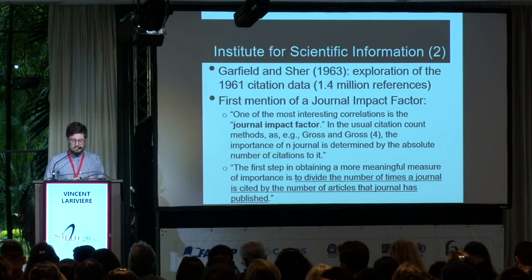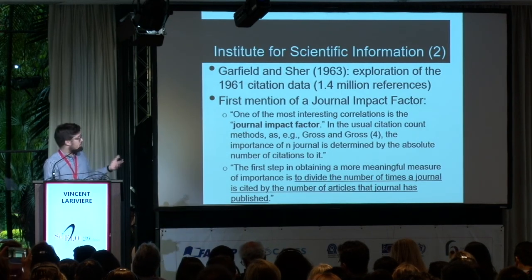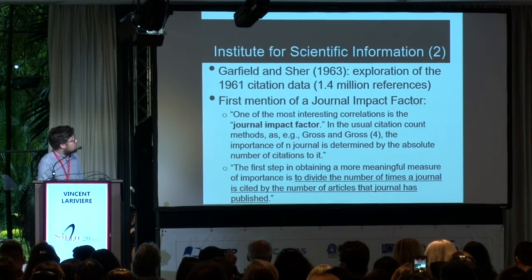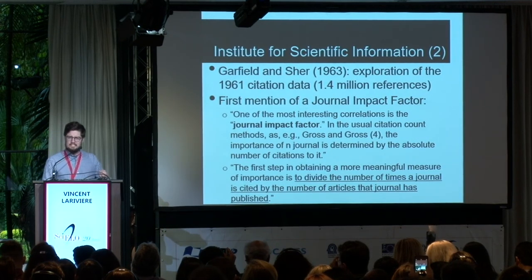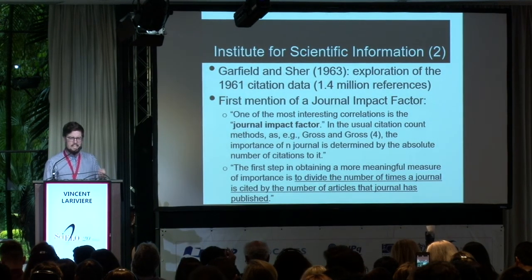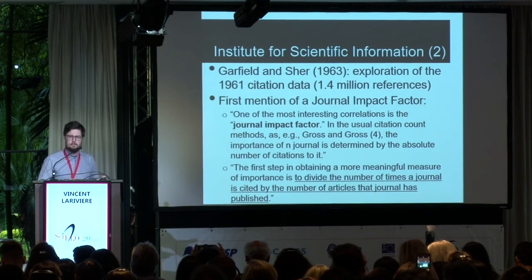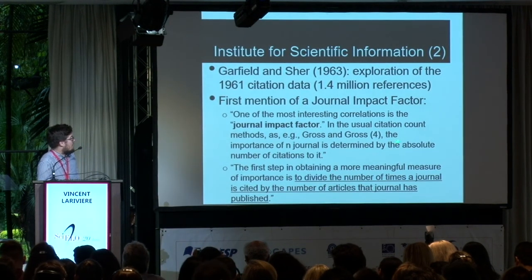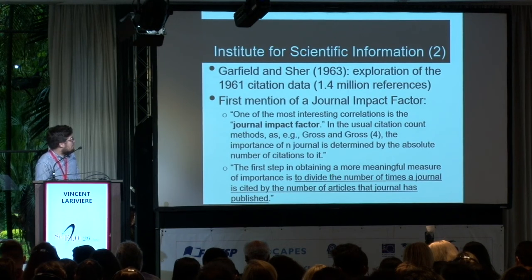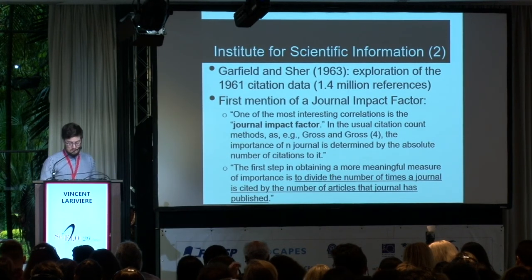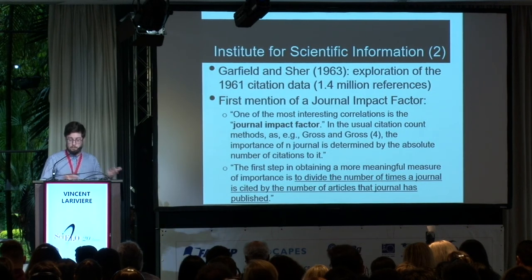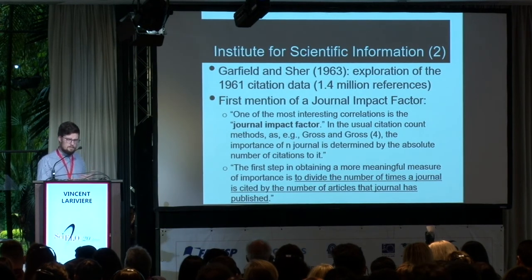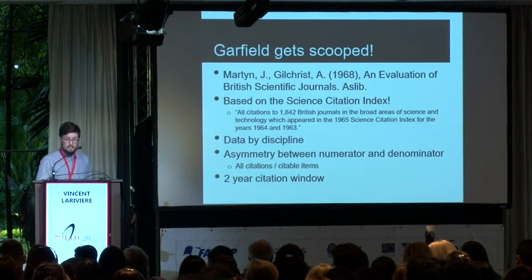So already in 1961, Garfield mentions, and there's a quote here which I'm going to read, the journal impact factor for the first time, and they don't consider it as an indicator. They consider it as a correlation, which is basically a correlation between the number of papers that you publish and the number of citations that they receive. The first step in obtaining a more meaningful result of importance would be to divide the number of times a journal is cited by the number of articles that journal has published. That's the first mention of a journal impact factor, but things stay there until, well, actually